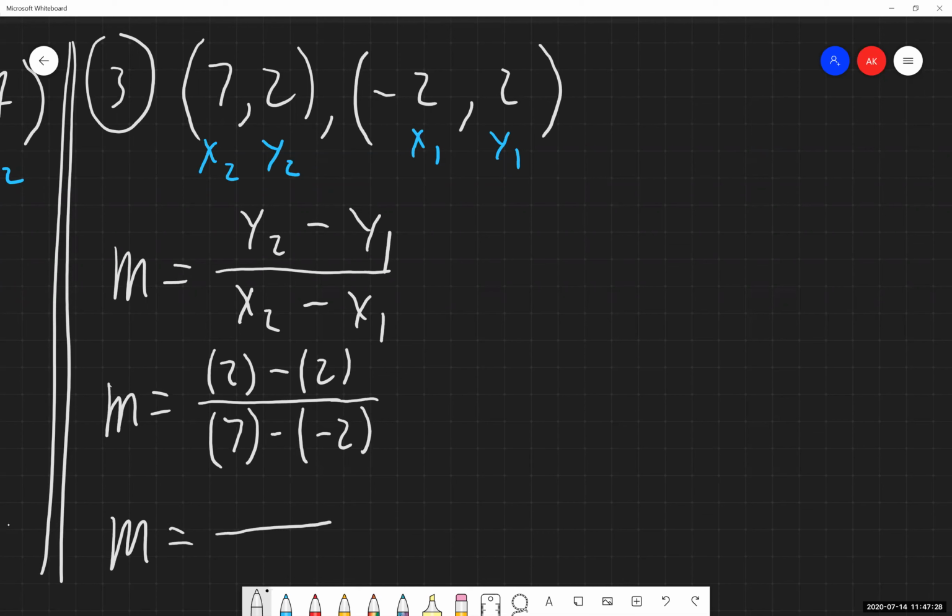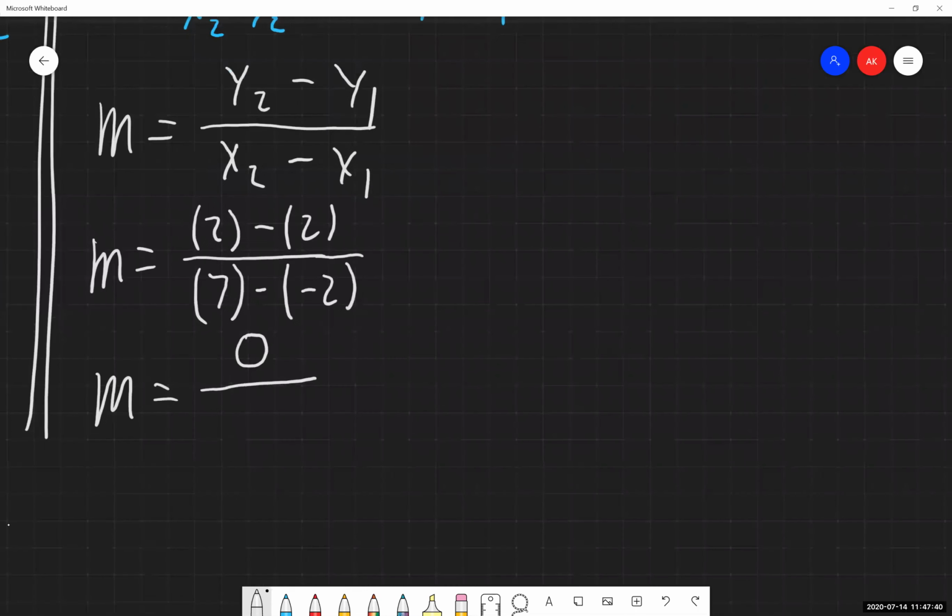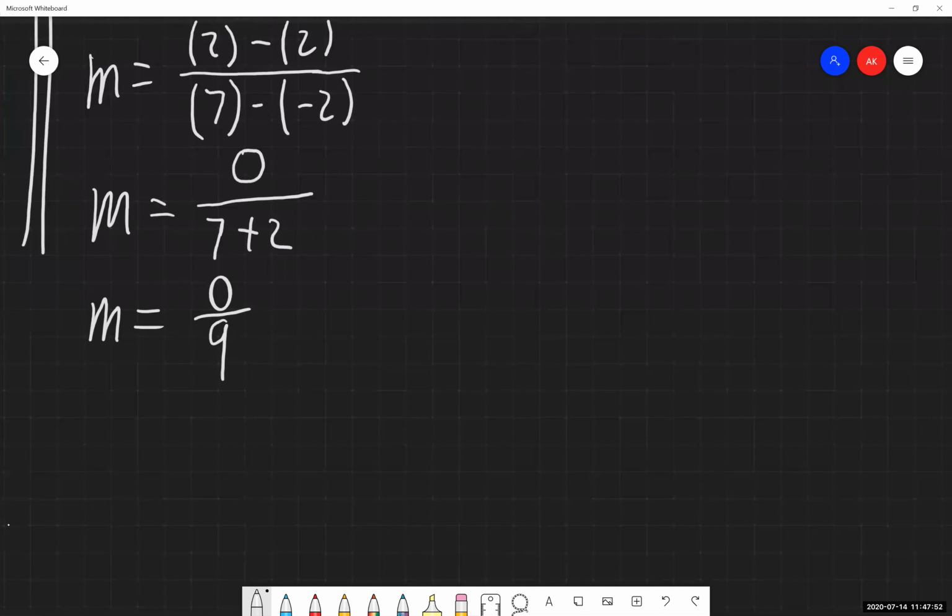And in the line below, I have 2 minus 2 in the numerator spot. That's going to give me 0. I have a double negative showing up in the denominator spot, 7 minus -2. Don't like that. Make that a minus and minus is a plus. Which is going to be 0 over 9. 0 divided by anything, it's just 0. So I have a slope of 0. Which is perfectly fine. We can have this as a slope.